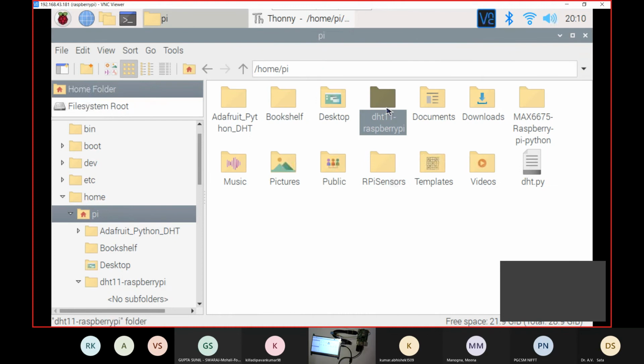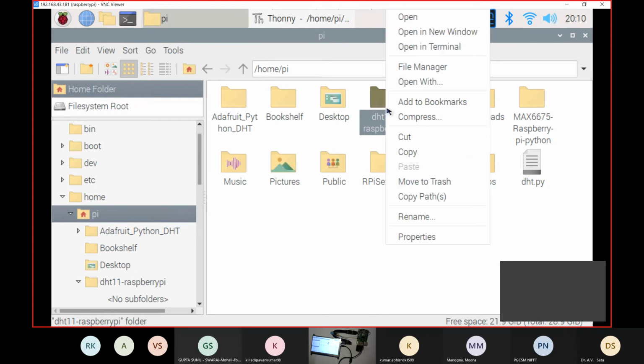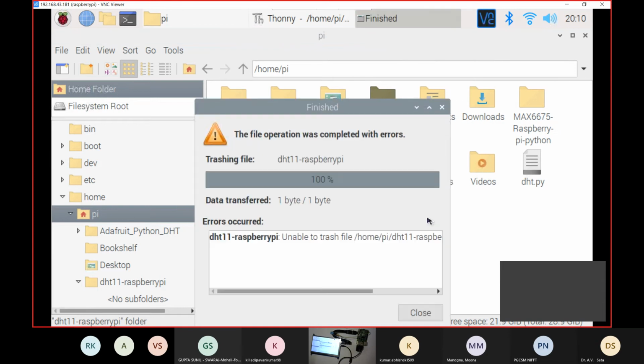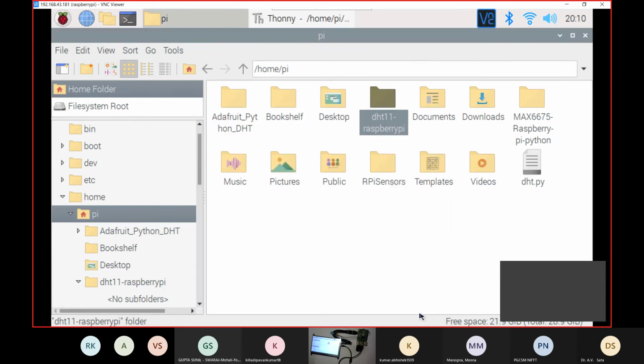We are not able to use it. So I will just move it to trash and use it.